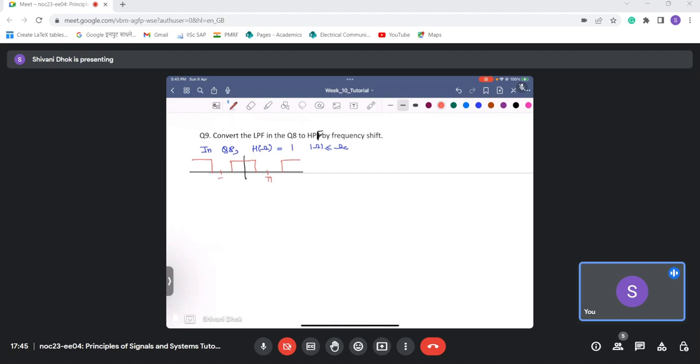This is pi, this is minus pi, and we need to convert it to a high pass filter, which is something like this. Yeah, this is minus pi, this is pi, this is pi minus omega c, this is pi plus omega c. So we need to do this, and this operation is done by introducing a frequency shift